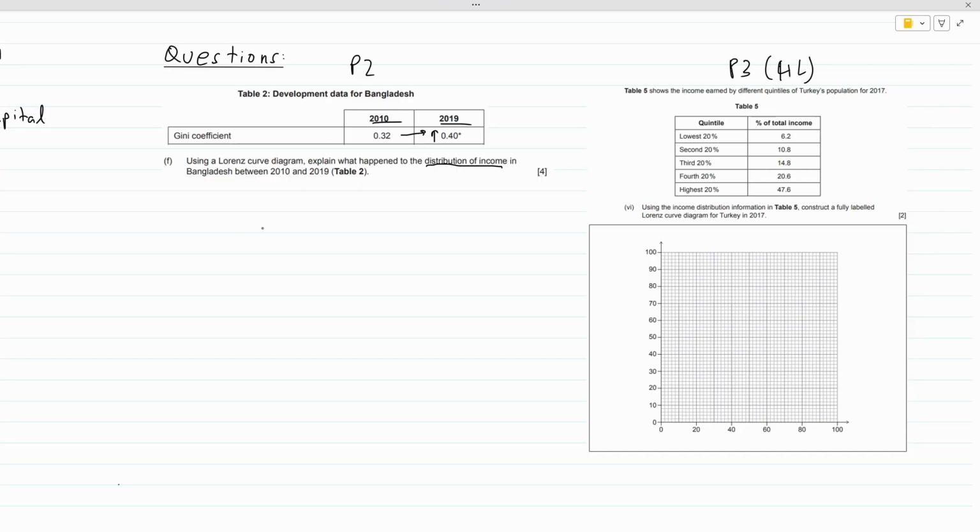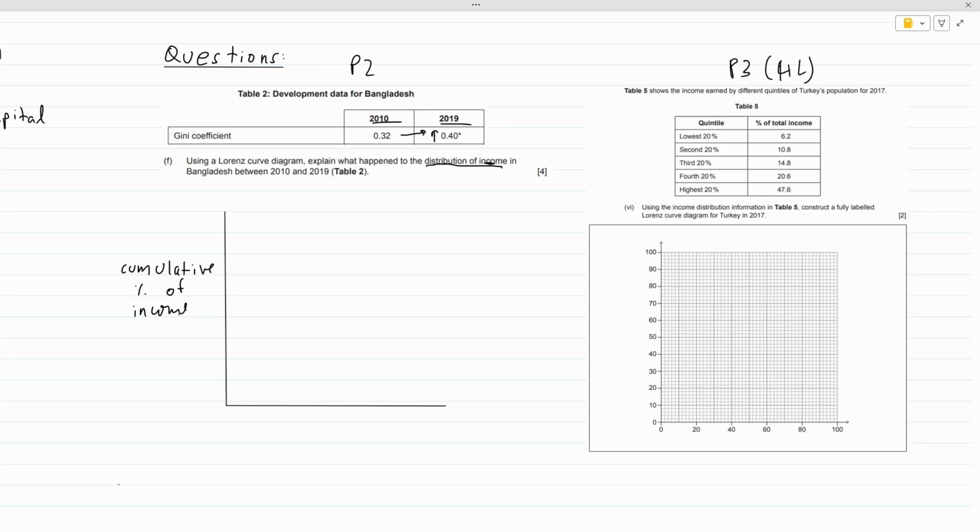Okay, so first things first, let's draw our diagram. Okay, so these are our axes. So let's first mark them. The most important thing that you should never forget is to mark the axes. If you do everything perfectly and you forget to mark the axes or they're not accurate, then you will lose at least one mark out of these four, which is an extremely silly mistake. So the correct way to do that would be first cumulative percentage of income. Notice how this says distribution of income. So that's what we're supposed to talk about on the y-axis.